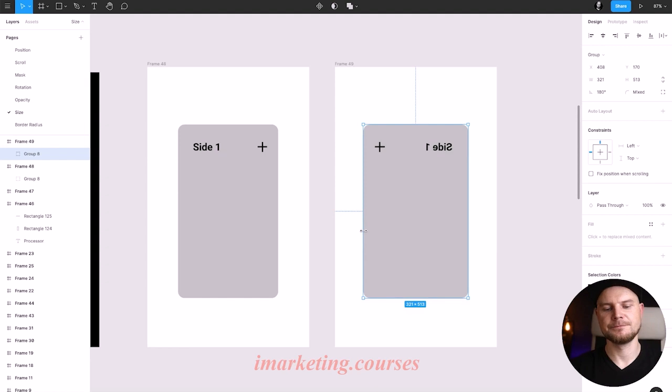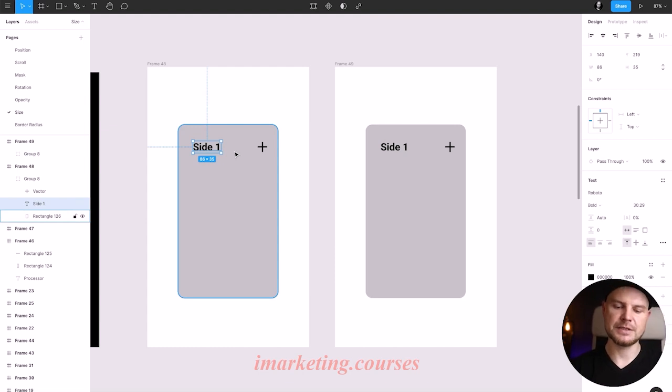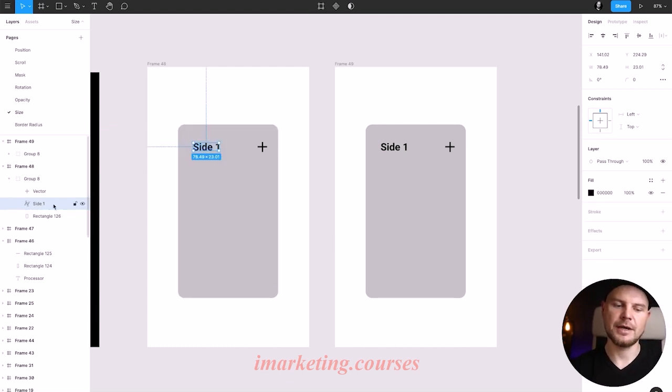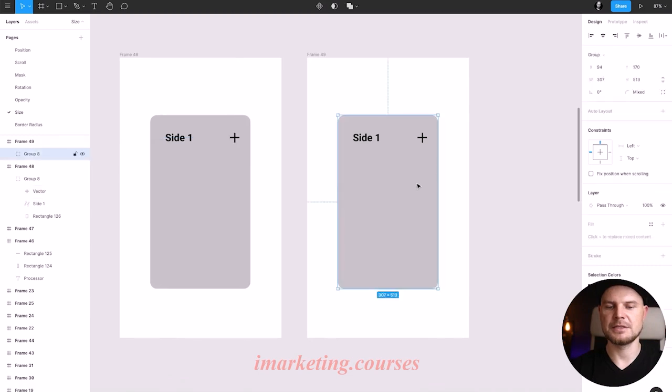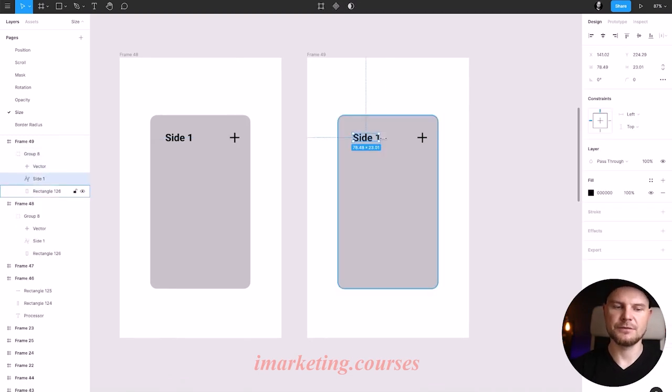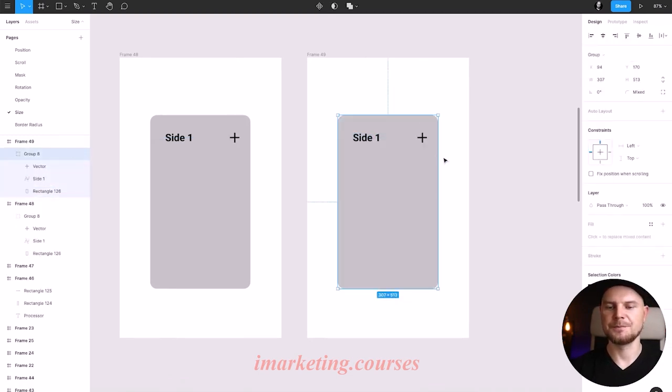And it flips. If you don't want your text to be changed, you have to transform this text into outlines, Command-Shift-O. And this one is just a vector, it stays the same. So here Command-Shift-O as well, and that's it. So now when I flip it, you see,